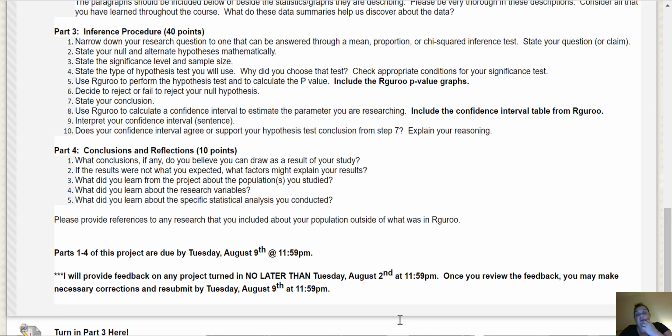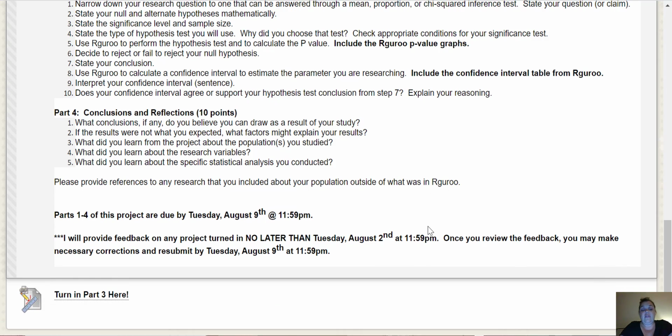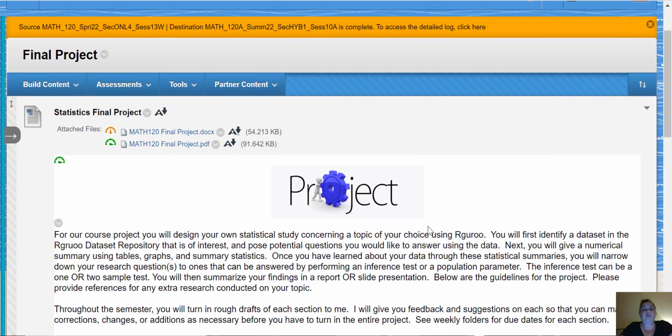And again, if you turn in the full thing, a rough draft, no later than Tuesday, August 2nd, that's next week, then I will grade them, give them back to you, and allow you the opportunity to make corrections and turn in hopefully a perfect or almost perfect project by the due date on August 9th. That's all I have for this week: working on the project and 3 new homework assignments. If you have questions,